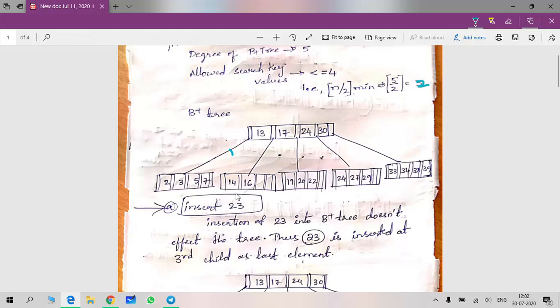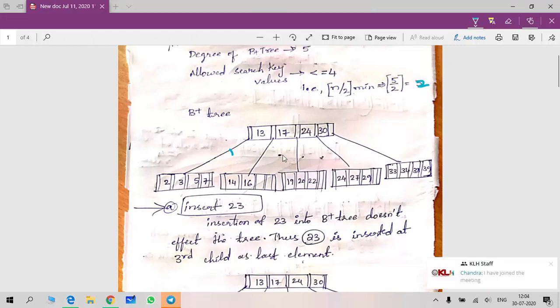Next, the second scenario is, whenever our leaf node is exceeding the maximum value, that is 4, then we should select the mid value from that node and push that mid value to the root. And the last one is, if the root itself is exceeding the maximum key values, then it must again be shifted into the upper root. Then the existing root will be left and right children to the new node.